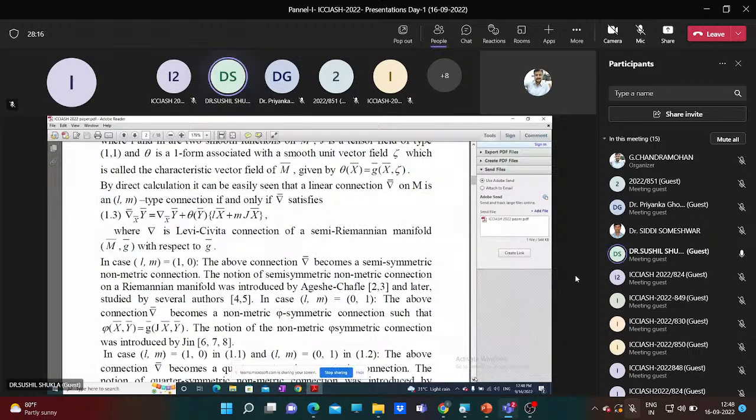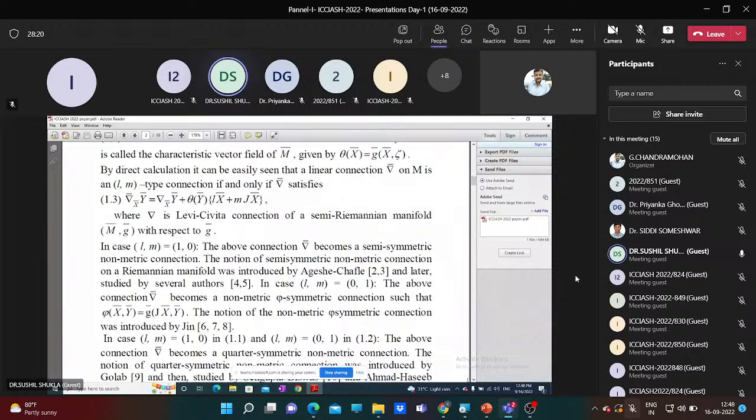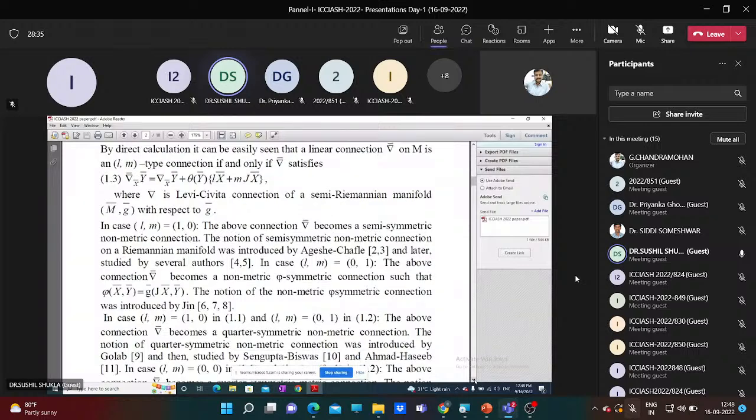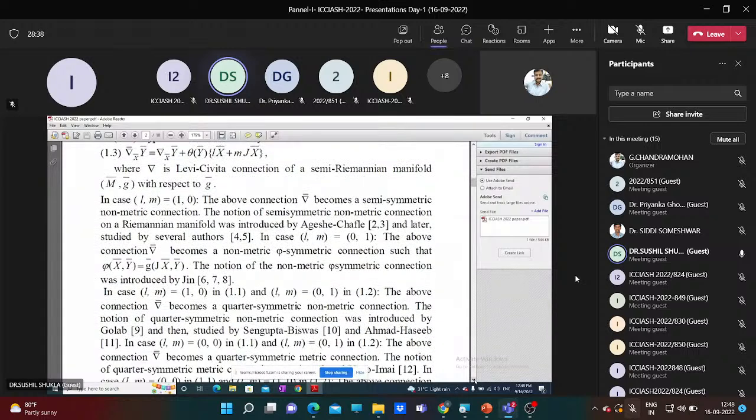And if we take L equal to 1 and M equal to 0 in the first equation and L equal to 1 and M equal to 1 in the second equation, the above connection becomes a quarter-symmetric non-metric connection. The notion of quarter-symmetric non-metric connection was introduced by Golab and then studied by Sengupta and Biswas, Ahmad, Haseeb,